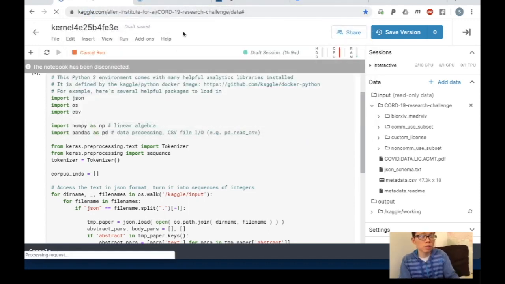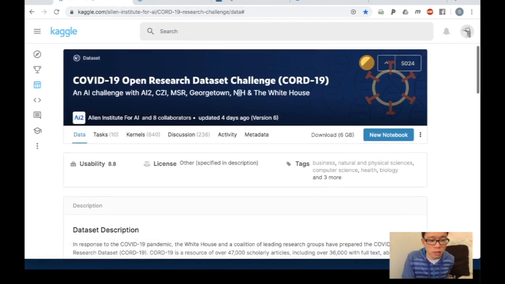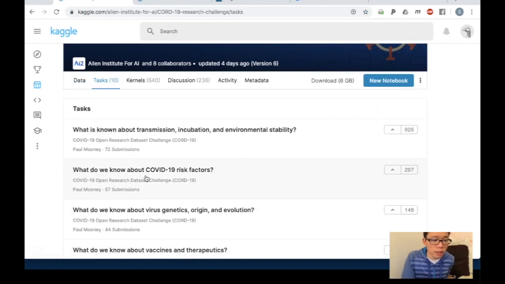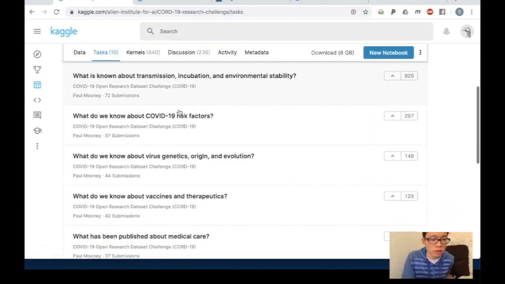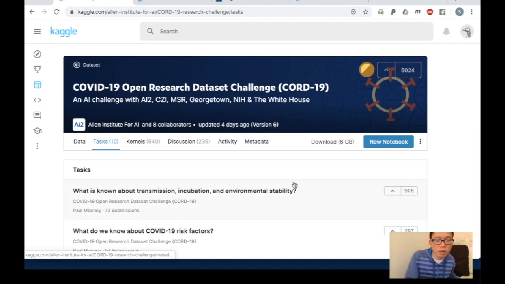Remember this COVID-19 Open Research Dataset Challenge, where you can look at tasks and try to answer questions like what is transmission, incubation, environmental instability, whatever else. The neat thing about tasks that are organized on this website, kaggle.com, is that they're usually well put together, and they have the data and the evaluation there for you.